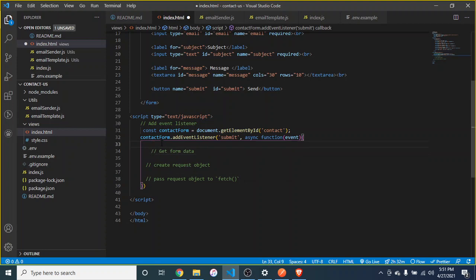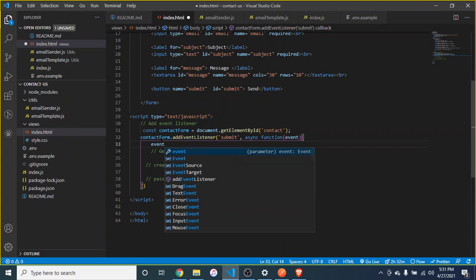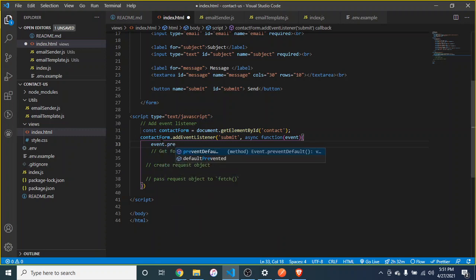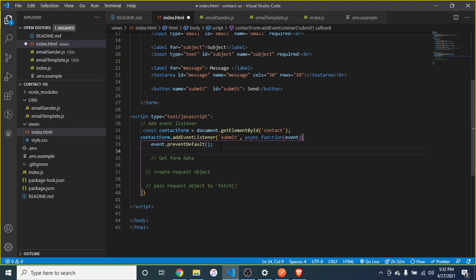The first thing that we actually want to do here is to prevent any default action from happening. This event.preventDefault means, okay, I know you want to do something, but hold on, I have some things that I want to do, or just stop everything that you want to do. I want to take control. I want to define exactly what it is that I want to do. And so that's your first